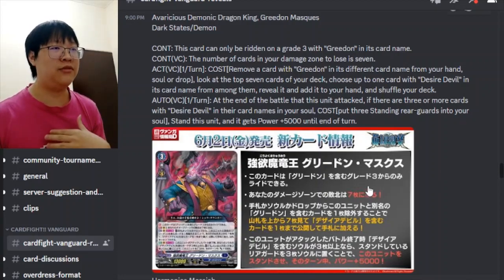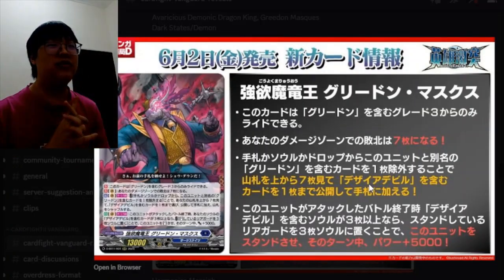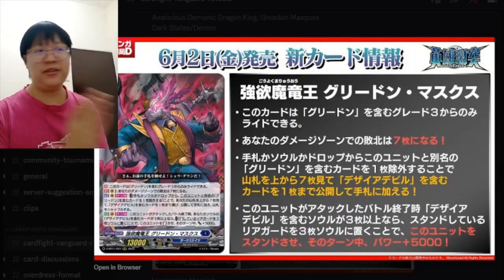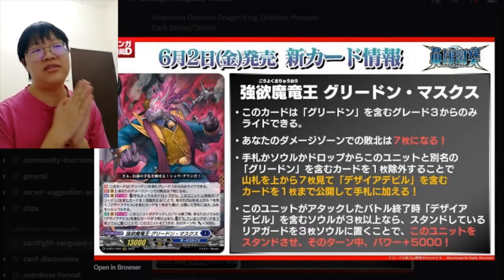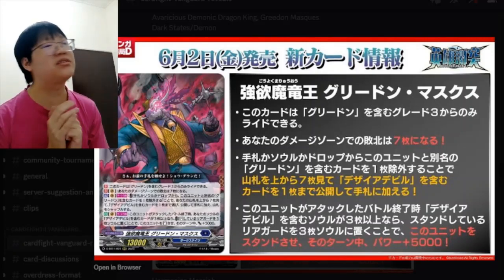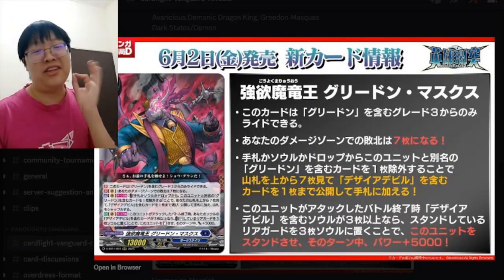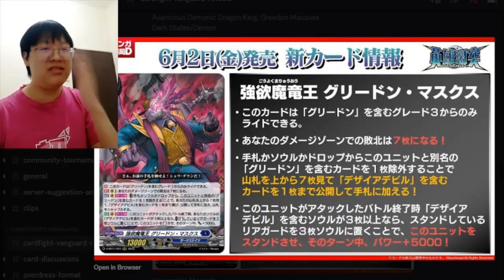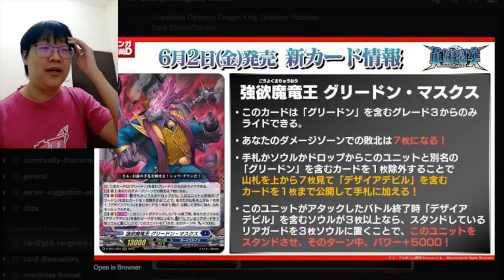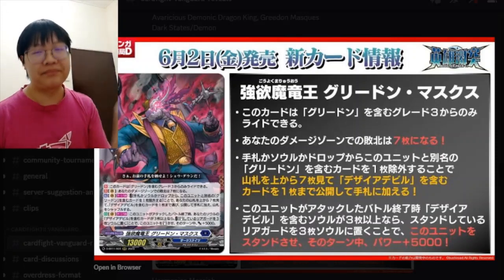So we have this Gridon Masker, which is kind of very weird art, but it has a very good skill, and I'm going to tell you why. So the first skill is that you can only grade ride this card with a grade 3 card with Gridon in its card name. That is obvious. But the best thing about this card is that you lose this card as long as this card is your main Vanguard, which means that you don't need a Gridon in your soul to lose. So by the time you ride this, you become 7 damage to lose without needing another Gridon in your soul,